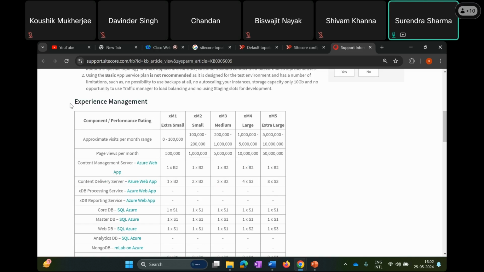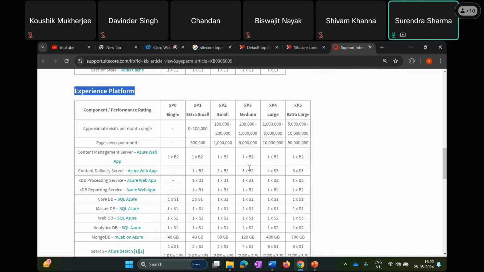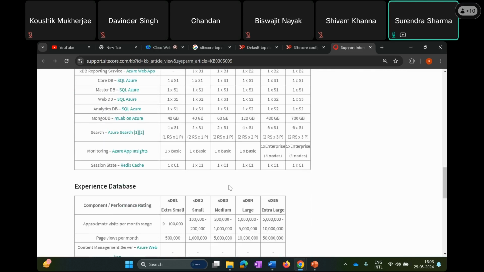You also have to check what kind of Sitecore product you are using. Are you using XM? Then use this one. If you are using Sitecore XP, then it will actually increase. Then you can go there and check exactly how many CD servers you need, and then you will get this S2, S3. For that, you have to refer to